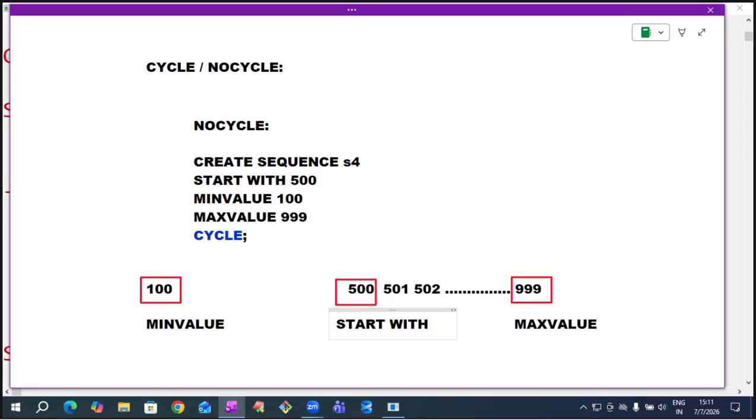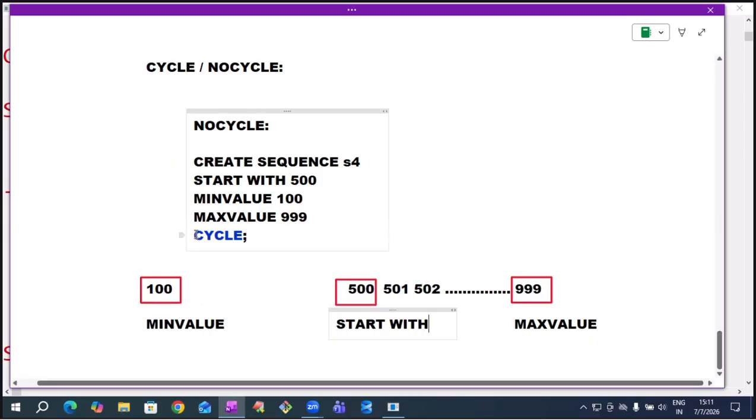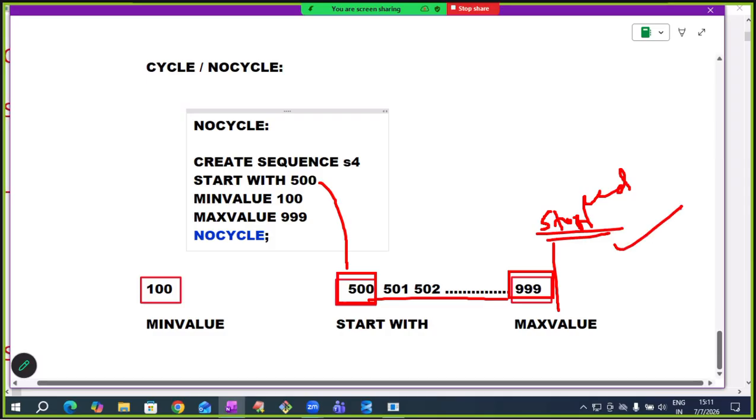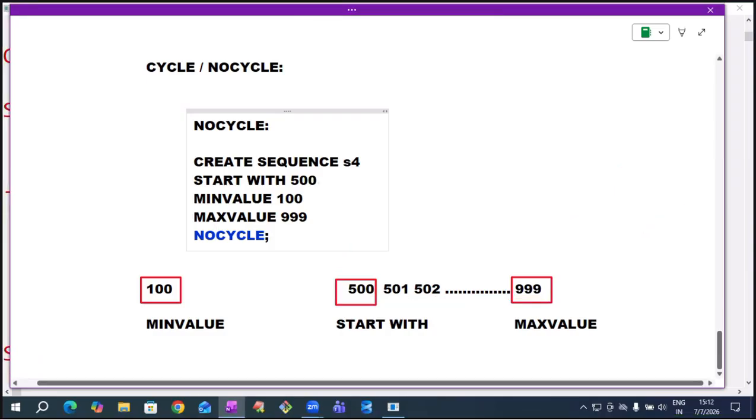Understand this point now? If no cycle, the sequence starts with value 500, generates next values up to maximum value 999, and then it will be stopped. After reaching the maximum value, generating the next value will be stopped. Already we have seen this practically. But in the case of cycle,